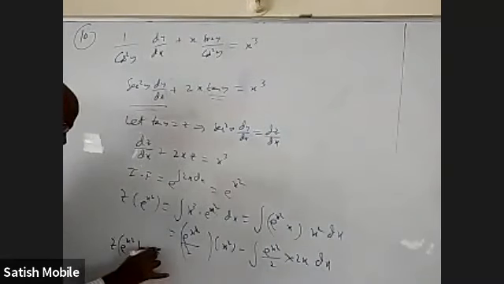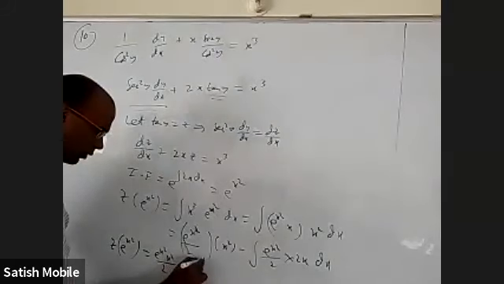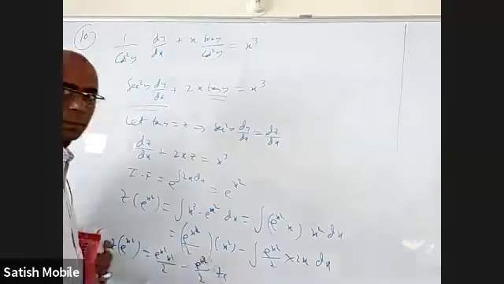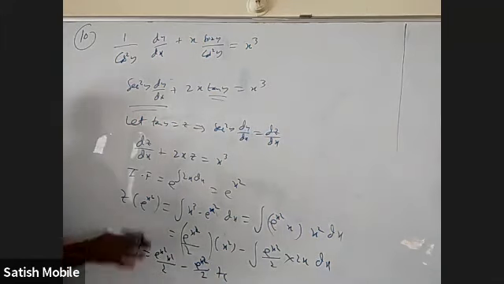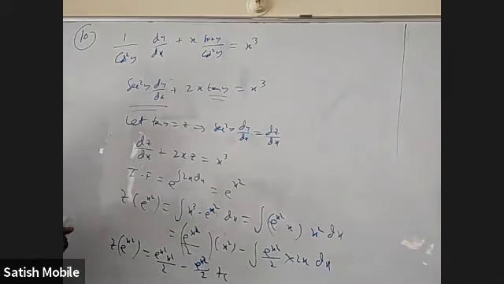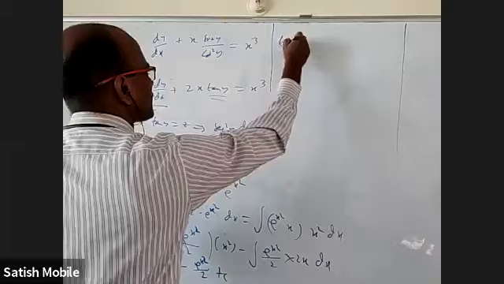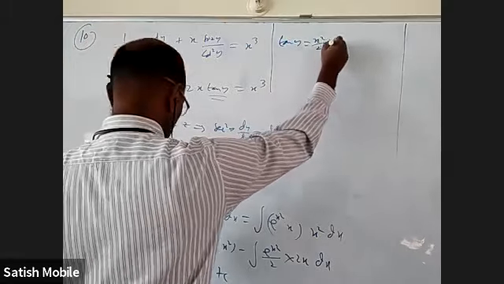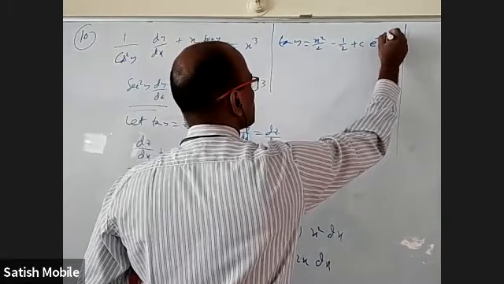So z e power x square is equal to e power x square into x square by 2 minus e power x square by 2 plus c. Just this and e power x square that side, that's what the method given. Z is tan y and this will go to the other side, that's it. Z is tan y equal to x square by 2 minus 1 by 2 plus c e power minus x square.